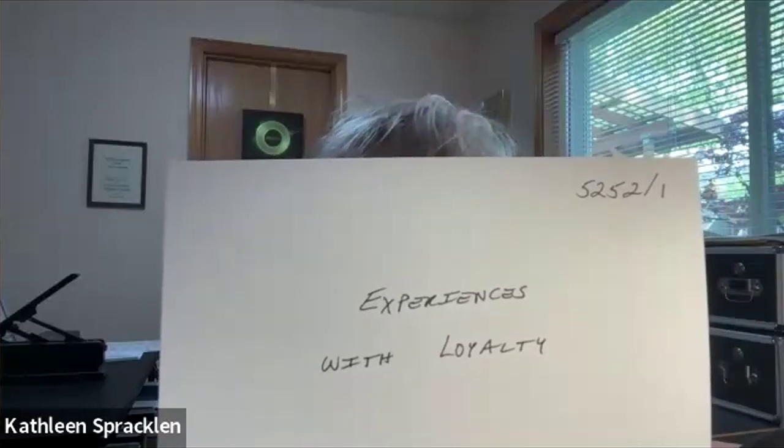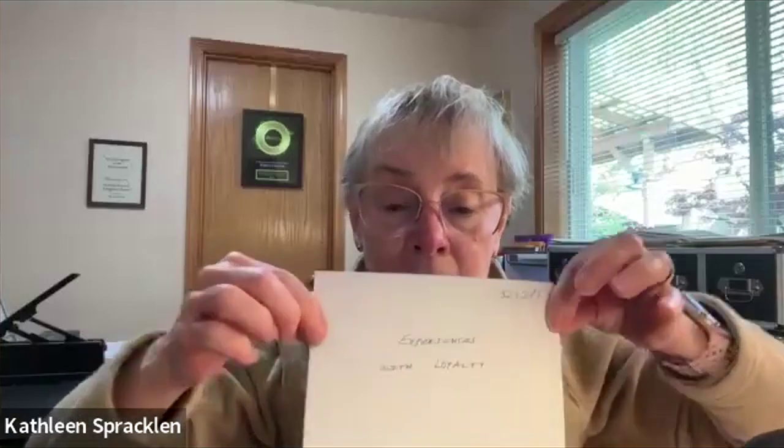5252/1, experiences with loyalty. Guess what you've just created? You've created a pool. Now, we've done experience collections in the past, and Victoria added an experience collection with a twist where you had to identify what character trait was happening in that experience. If you found loyalty in there, you could plop it in loyalty, or you could have the kind of experience where we did it directly. We'll find an experience about loyalty. Or something occurs to you and you think, oh, the character trait of loyalty is involved there. Maybe it's something you see in a movie or a TV show, or something in real life. Jot it down and just plop those into your pool for loyalty experiences.